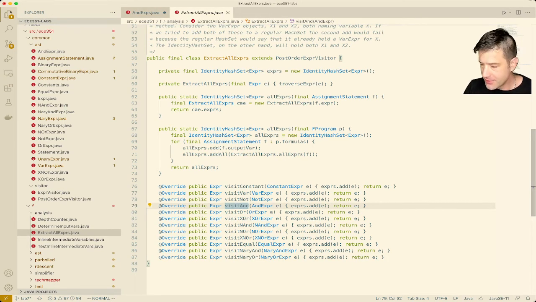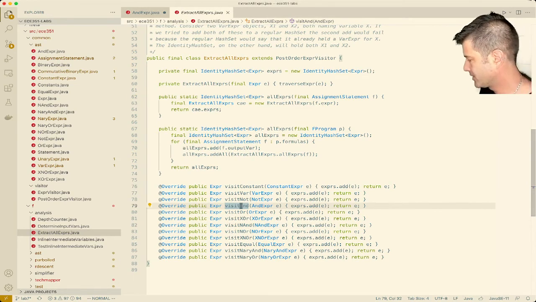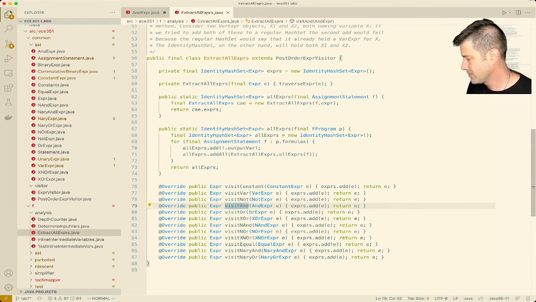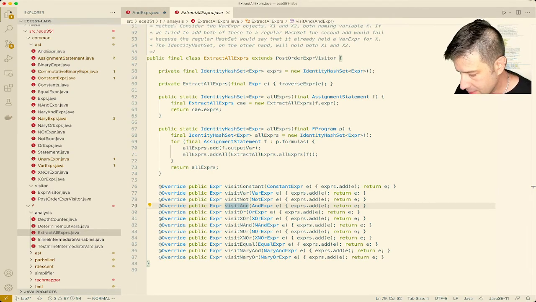So if you haven't seen the visitor pattern before, and that's the first time you're seeing it, I would expect you all to be quite confused by this. And again, all you have to do is just try a small program, draw a diagram, and after a little time, it should make sense. Just how those pieces connect. There's nothing really magical in there. It's just a clever way to connect all the pieces using polymorphism. So let's go back to our